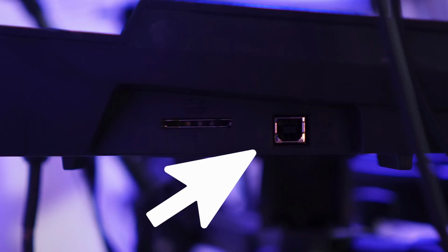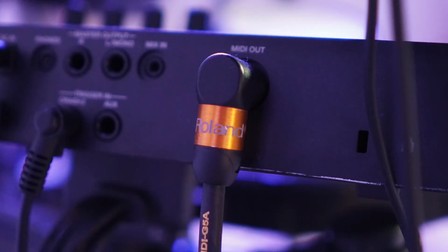Do not use the USB-B output that is also on the TD17's back, because if you connect that way, sure, it's going to show up in Pro Tools, but when you're tracking, it will randomly decide when it wants to work. And when I say that, I mean sometimes it just stops getting signal entirely. I'll be hearing the click track and I'm hitting the drums, nothing. So to avoid that, and just in general, whenever you're using anything that has MIDI capabilities, use the actual MIDI